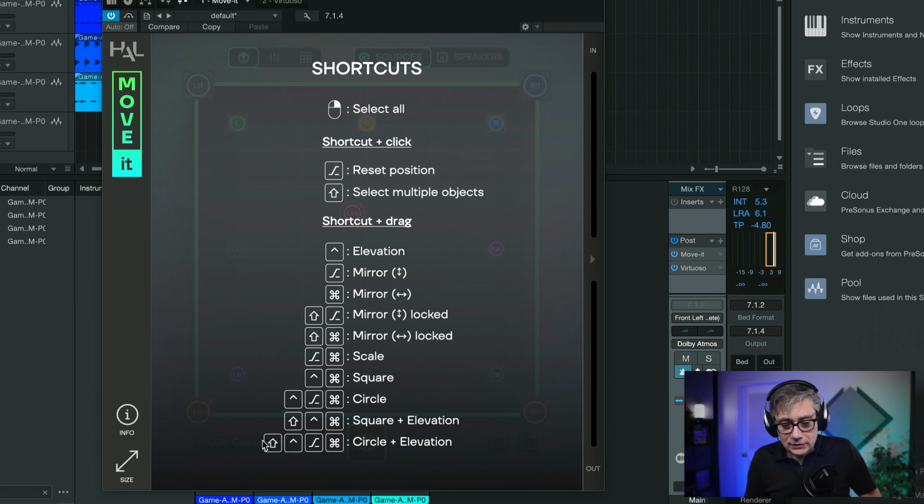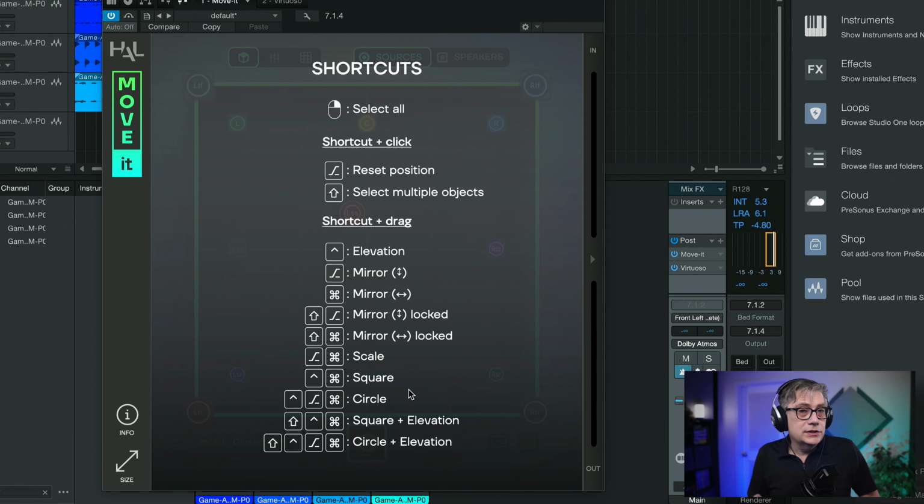Now, one of the issues that I have is that for some of the movements, you actually need to press 4 modifiers simultaneously, and that can be really tedious. I'm honestly not going to try this here on my Windows keyboard, because I'm probably going to press the wrong buttons. But even if you have a Mac keyboard, it takes quite a bit of getting used to, to be perfectly honest. And on Windows, these shortcuts, by the way, are different. So if you are using that plugin in Windows, the shortcuts look different. And in the manual, it was also not completely clear to me if in the Windows version all of those options are actually available to you. So it might be that in Windows there are certain movements that you can't do. But anyway, this is where we are.